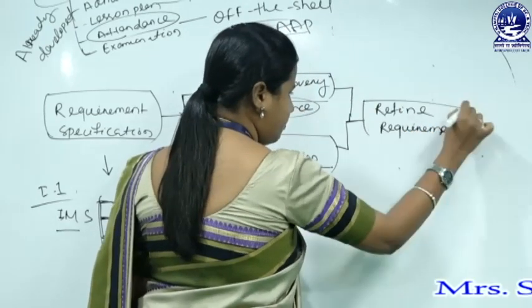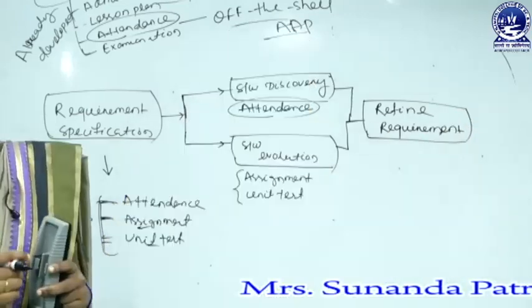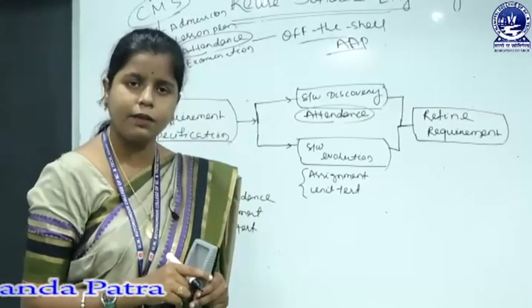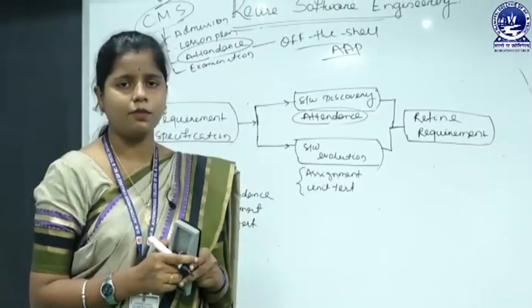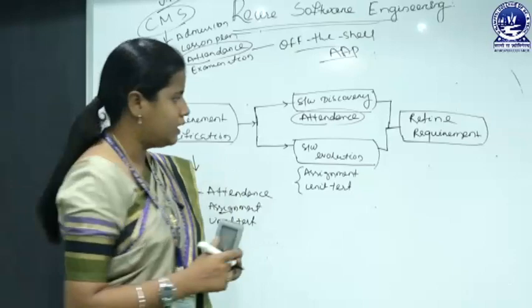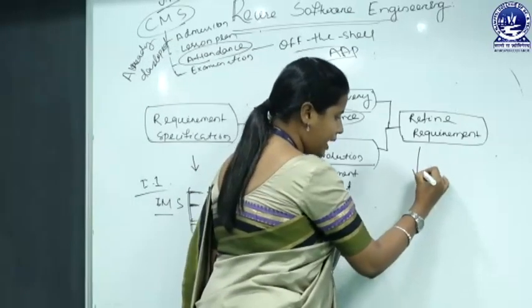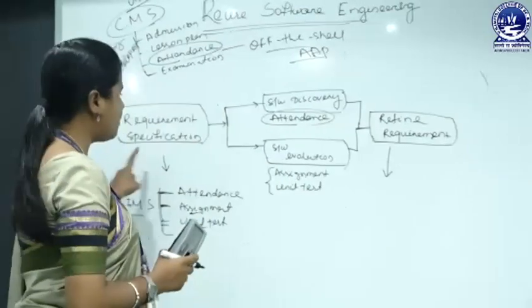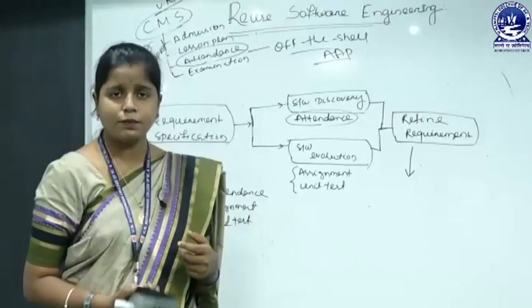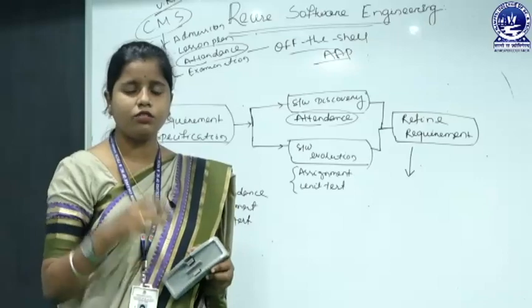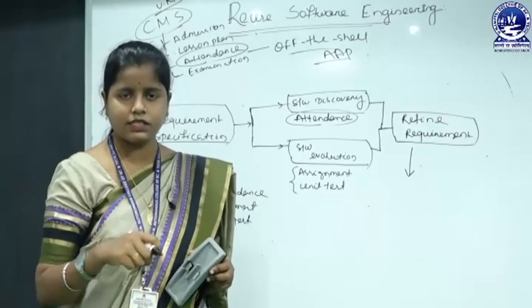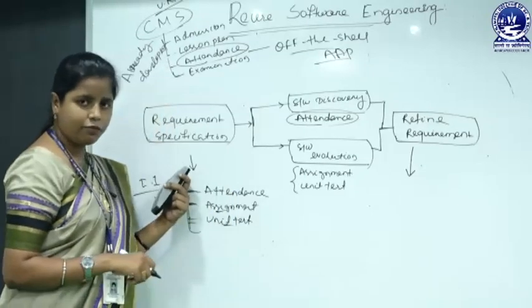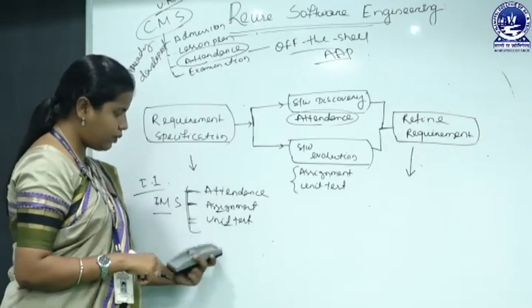So, in this refined requirement phase, we have to mention what are the systems that are readily available and what are the systems that we want to develop. So, in this case, we have to specify. This is actually the requirement specification. The requirement specification means what? Requirement specification means we have to write down all the specification that my customer needs in a document, that is our SRS document. So, here we wrote down all the requirements.